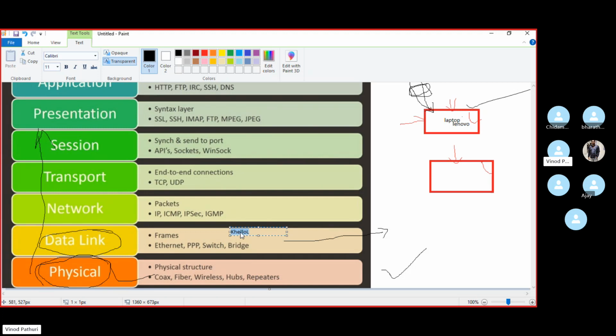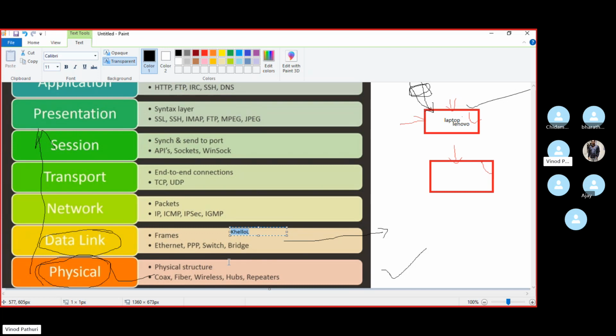Once I transfer the data, how will it confirm that the data is transferred correctly or not? It does that by verifying the header and footer. Whenever data is transferring between two devices, the data is divided into frames. In the data link layer, we call our data a frame.